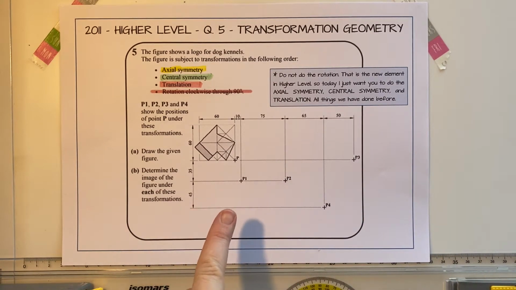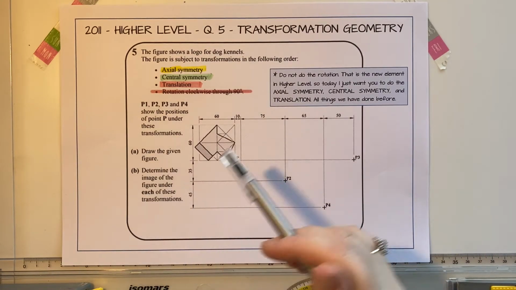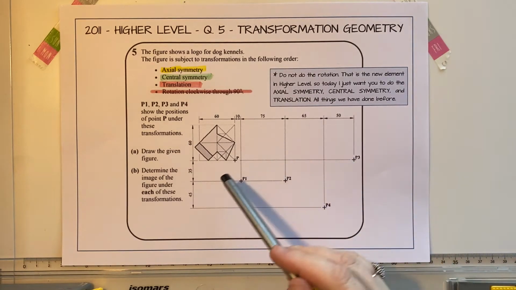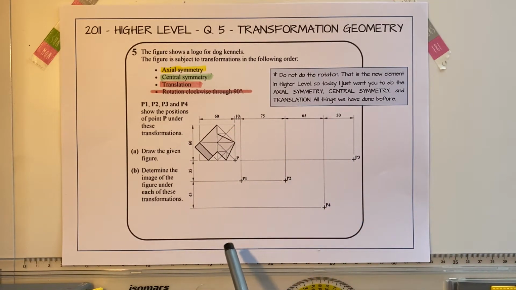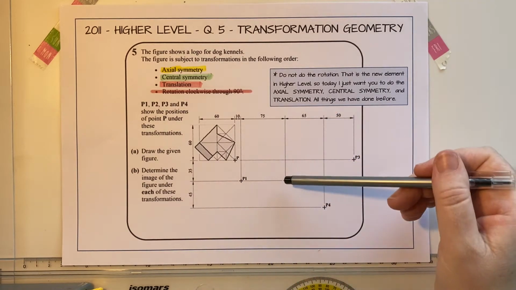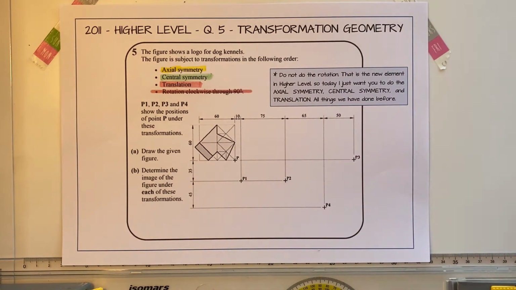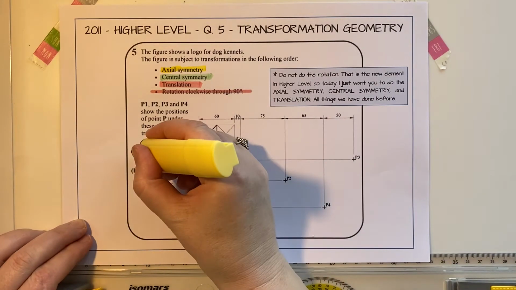by the way, that's absolutely fine. It's perfect. In fact, I just gave you the printed one to make it a little bit easier on some people. But if you are drawing from scratch, the important thing to note is that those lines are dimension lines, and they are construction lines, and they are necessary within your question in order to mark the points. But the important thing here is the actual P to P1, P1 to P2, P2 to P3, and P3 to P4. That's what's important. And if you look at the question as well, part A asks you to draw the